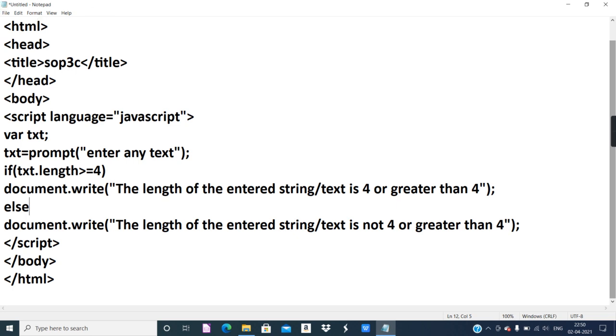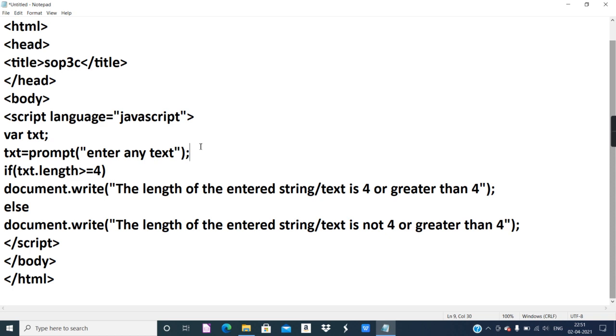If you are presenting every new statement in a new line, there is actually no requirement of giving a semicolon. It becomes optional. But if you are writing multiple statements in a single line, then each statement should be separated with a semicolon. At that time, it becomes compulsory to use a semicolon. So you can give a semicolon at the end, or if you do not give, it's completely fine. In both cases, you will get the correct output.